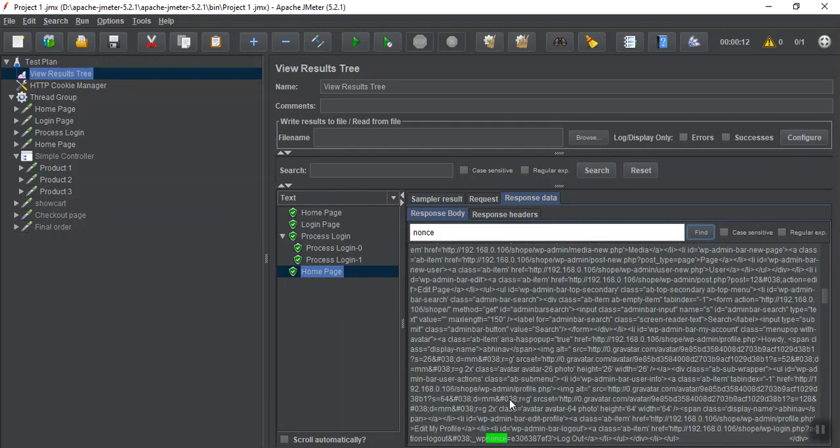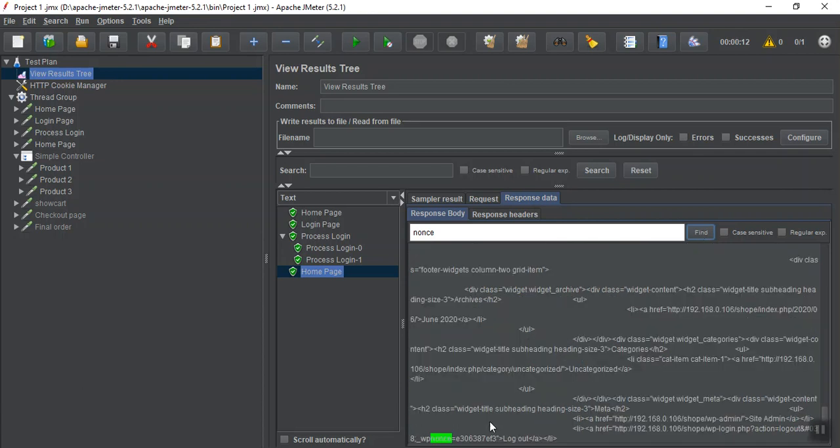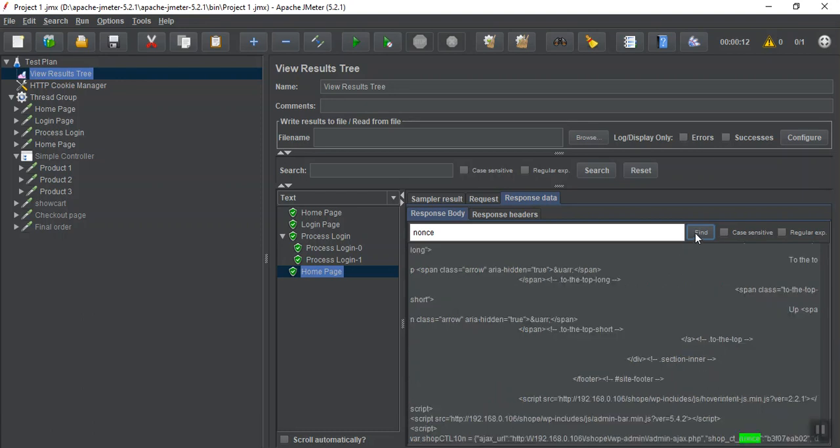See here, this is a nonce. We have one here also, it might be the thing we need. See, the value is the same. This one is different.